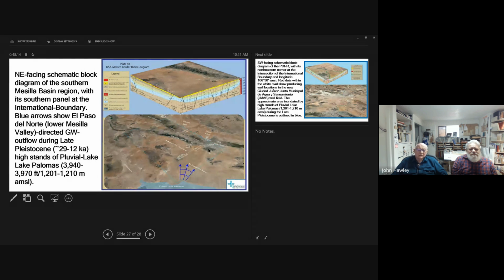And here's the Sierra Juárez and the Sierra Sapello. And then these blue lines show the discharge. This would be from Lake Palomas at its high stage. This would be good quality water, less than 1,000 milligrams per liter total dissolved solids.